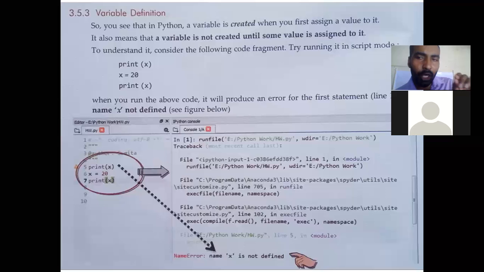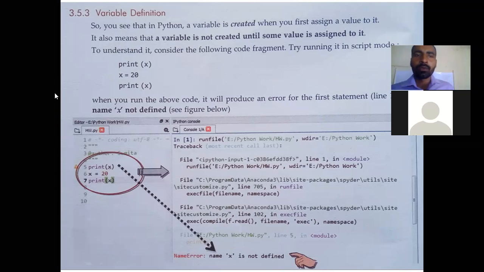If you write simply only x, it does not mean that the variable has been created. No. When you write some value inside that, like x equal to 20, x equal to 10, then only Python understands that the variable has been created. Otherwise, simply writing a letter or group of letters does not mean that the variable is created.